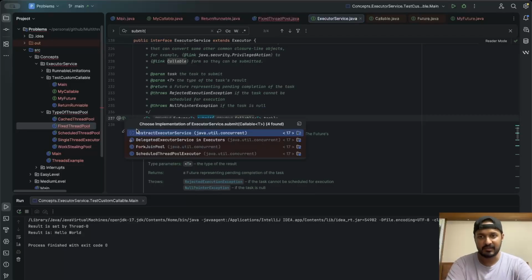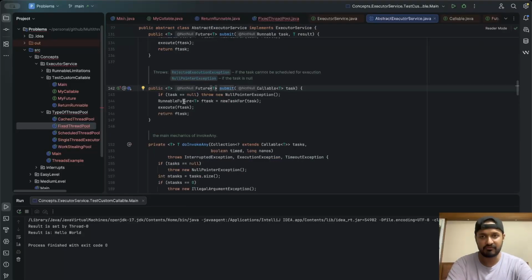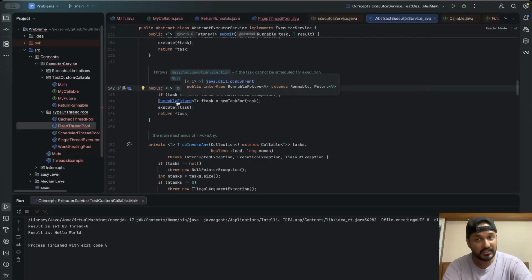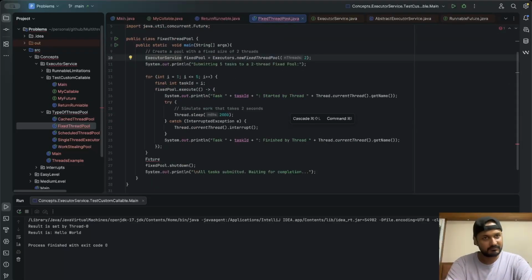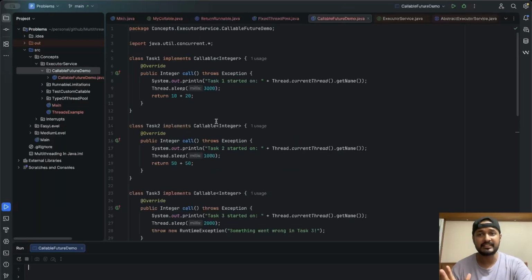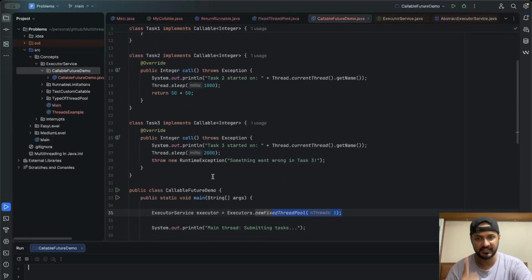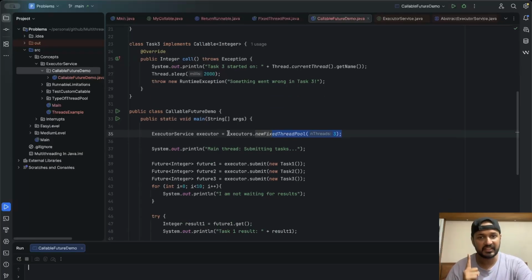Now inside this implementation of the submit method, we have a RunnableFuture, correct? And this RunnableFuture extends Runnable and Future. In our case, our ReturnRunnable was implementing Runnable and Future, correct? So this is okay, fine. Now let's see how Java's actual Callable and Future work with the executor service. So I have a fixed thread pool of 3 threads, correct?